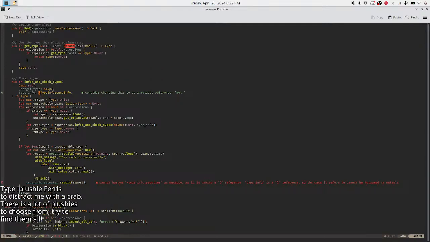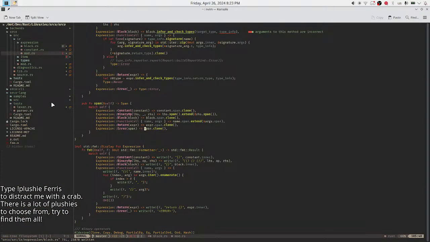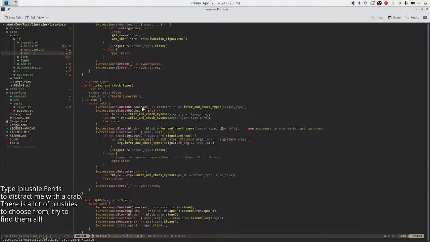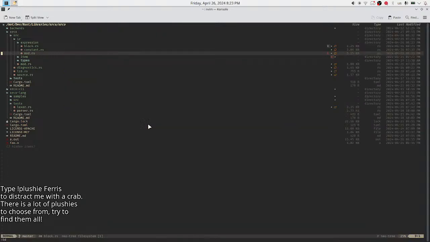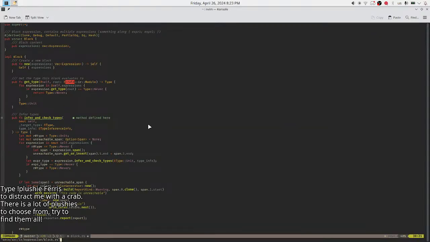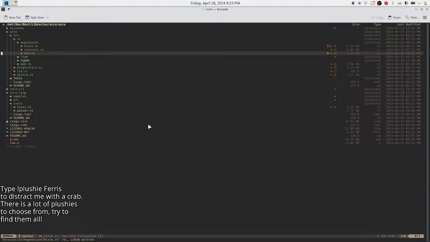No, not making... I mean, this isn't really bad, I guess. Type info, making it mutable doesn't really feel bad. Type info is mutable because it's also borrowed as a mutable. Oh no, no, please. No, I'm not making it mutable. Working around this issue is terrible.